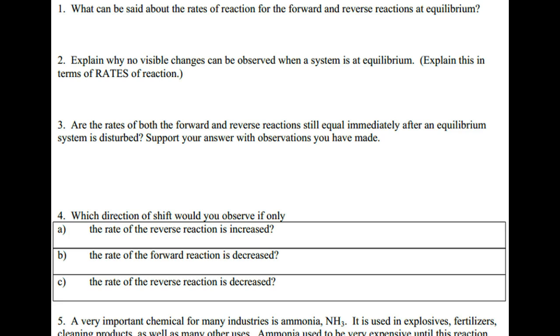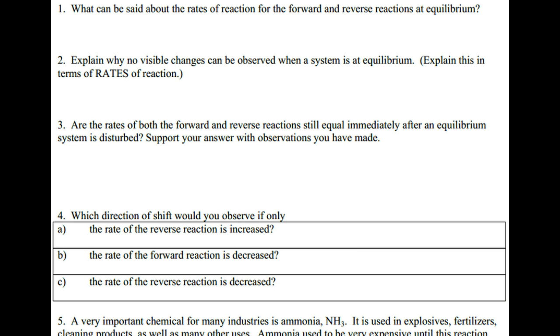For number 3, are the rates of both the forward and reverse reactions still equal after the equilibrium is disturbed? And support it with the observations made. Well, the answer is no, because you notice some change, whether it was going to be colorless or get to a different color, which means that one or the other direction of that reaction, forward or reverse, ended up being favored. So as soon as the equilibrium was disturbed, one of the forward or the reverse reactions ended up getting more